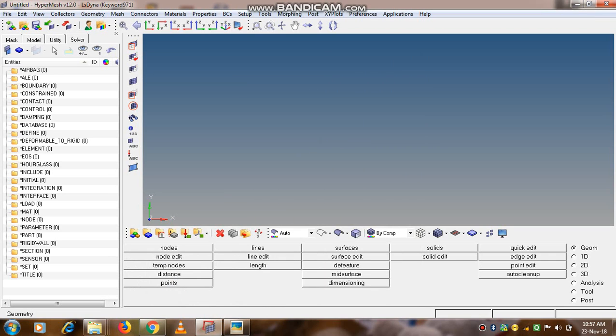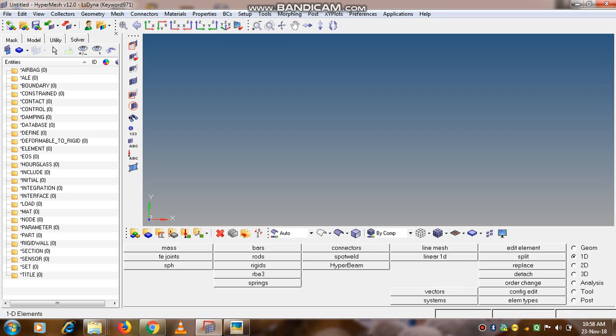We will see what are the different main menu pages available in geometry, that is nodes, lines, line edit, length. So basic commands related to geometry will be available in this main page, that is geometry. In 1D, these are the different commands available, that is bars, rods, rigids, RBE3. RBE3 means it is called a rigid body element 3. Then springs,